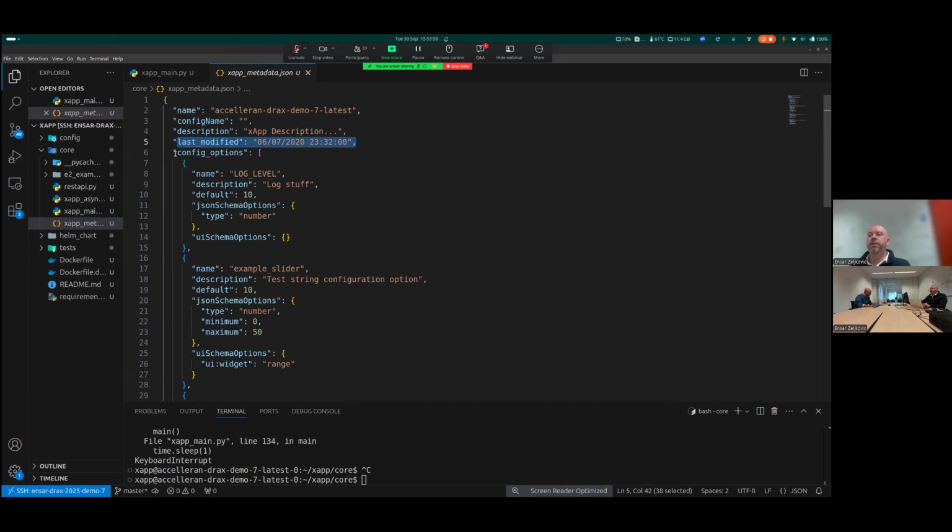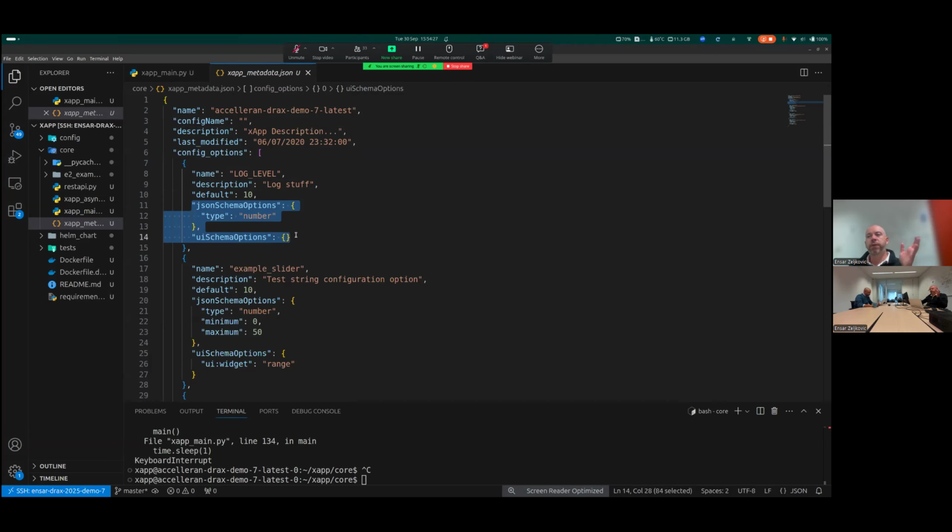And then you have these config options, which is a list, as you can see, of dictionary items that describe the configuration options. So you can see here that we usually have the name, the description, and the default value. Those are the three main things that you want to define. And then you have two optional ones, which you can use or not.